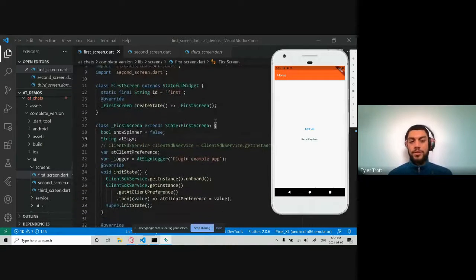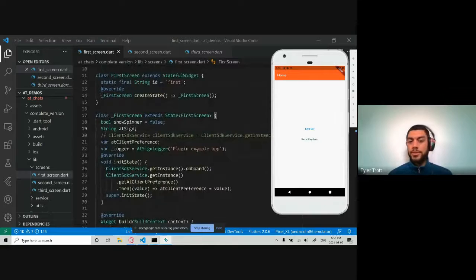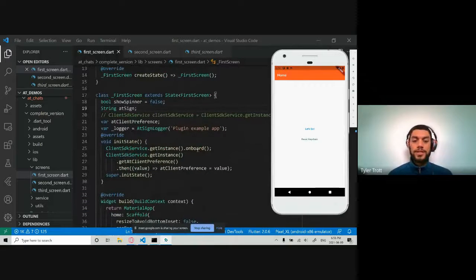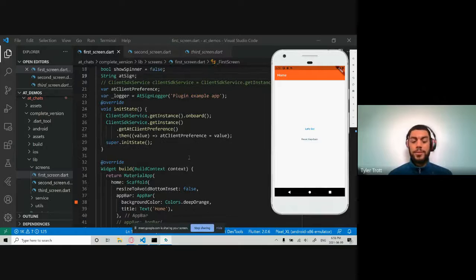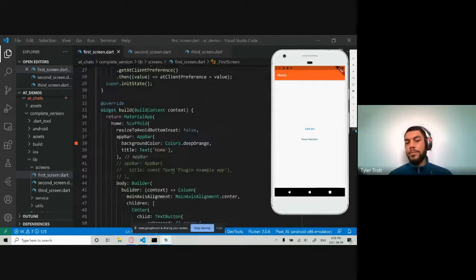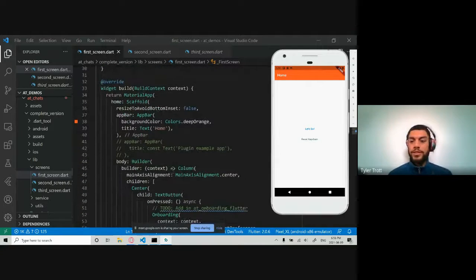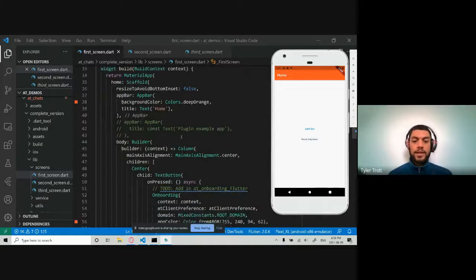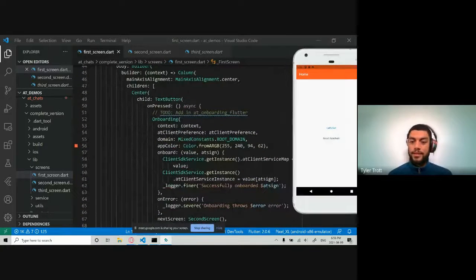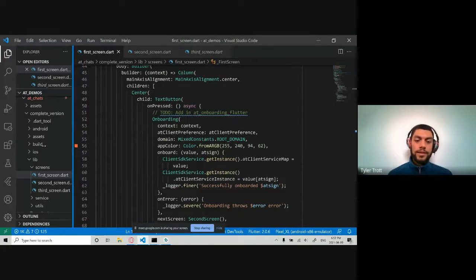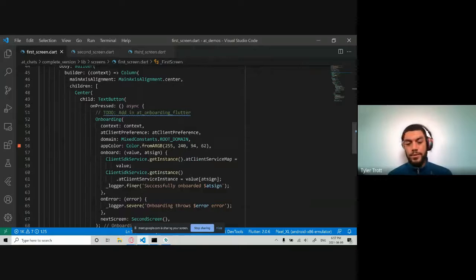But let's scroll down a little bit. You'll see a few variables here that we're initializing. We're going to see them a little bit later. We are getting the instance of our client SDK service. Colin touched on that a little bit. We go straight into the UI, what you're seeing right here on this emulator. And here is the good chunk. This is the stuff that we like to bite into.